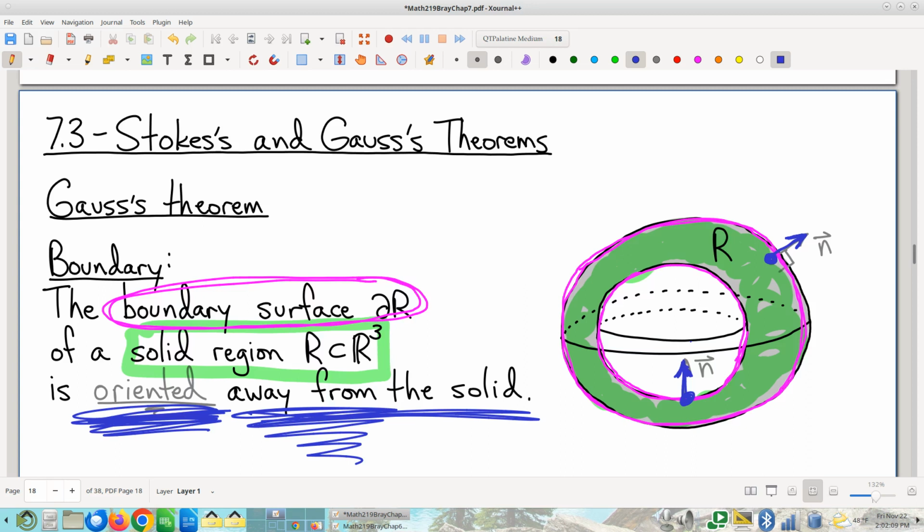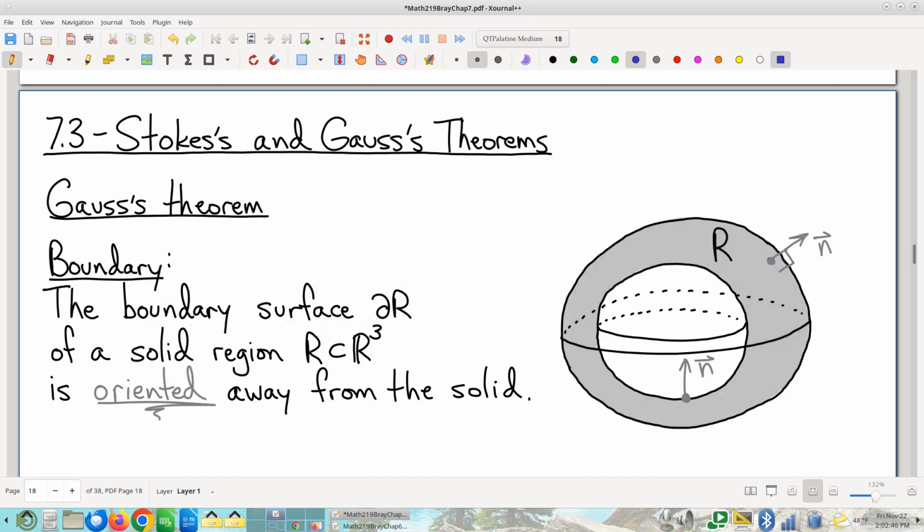Everybody good? Yeah. So we're changing our definition of the boundary again? No, this is what the convention is in this brand new circumstance that we haven't previously addressed. When we're talking about Green's theorem, that's for solid regions in a two-dimensional plane. Oh, I see. And so the boundary is a curve, and there's a convention that's geometrically unique to that circumstance. This is now a three-dimensional solid, so we have a totally different convention. Yeah, totally. Okay, so with that settled, I'm going to show you all a new accumulating quantity,